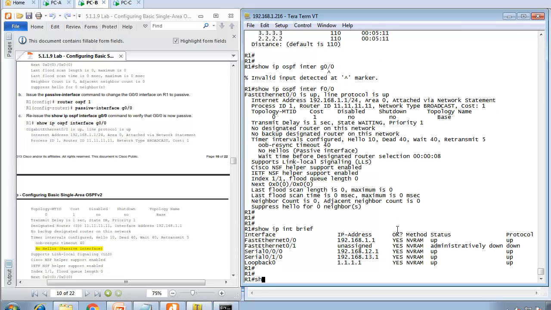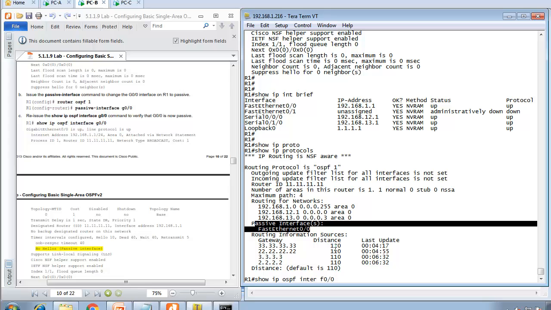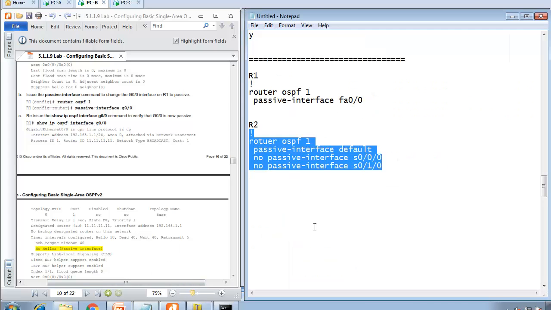So if I say show ip protocols, for example, you can see that it's only passive interface FA0/0, but there's no passive interface on the other interfaces. So for example, say loopback 0, show ip ospf. OSPF is not enabled. We haven't enabled OSPF on this interface. But anyway, if you did, it will not work. So better this way. Okay, so Ctrl+C, go to router 2,